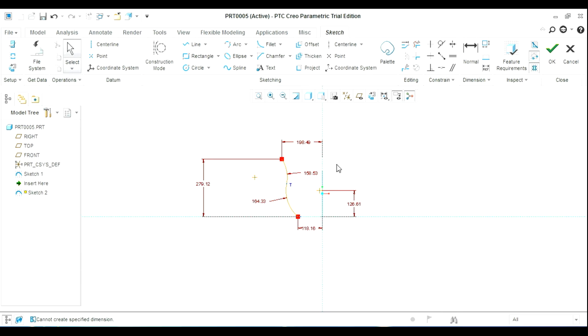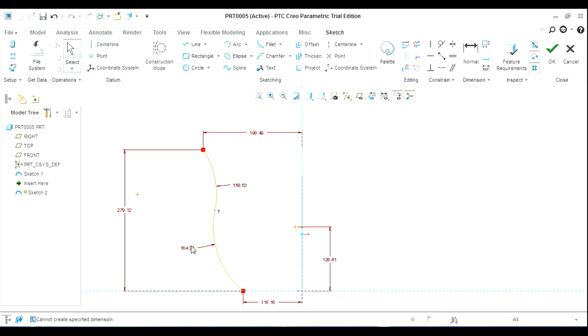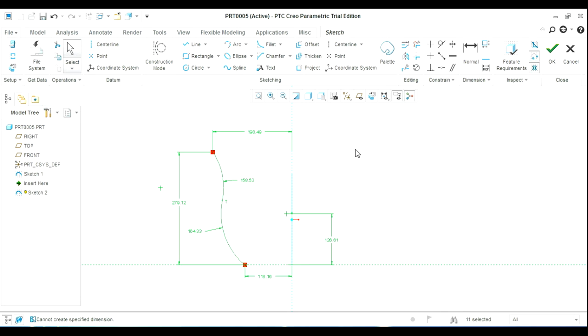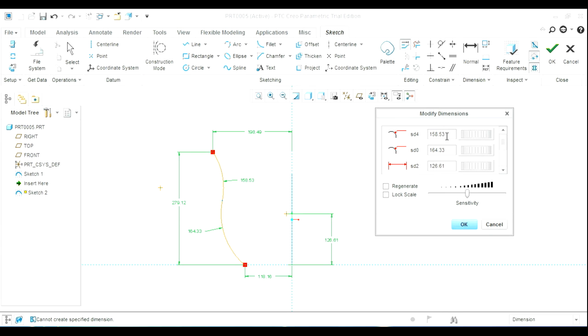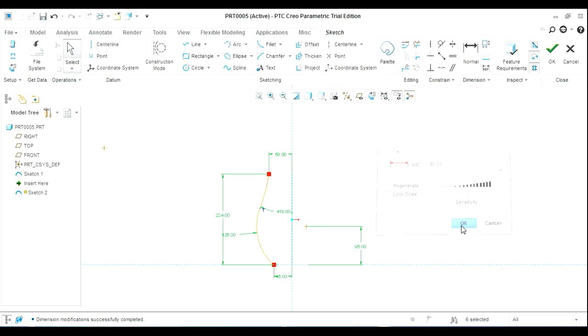Then modify all of the dimensions using the modify dimensions tool, with the regenerate option off. This radius is 418, 125. The distance of the center point from the bottom is 95, and so on. Modify the dimensions as per shown in the drawing.